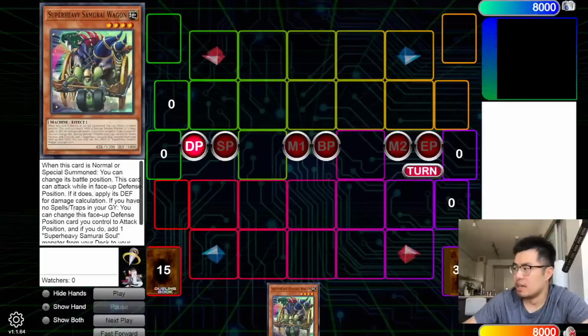Okay, guys, we're here back for the second combo with just Super Heavy Samurai Wagon. Thanks a lot, guys, for letting me know immediately in the previous video that what I was doing was illegal by trying to add a non-Super Heavy Samurai Soul monster. But I now realize Wagon can only